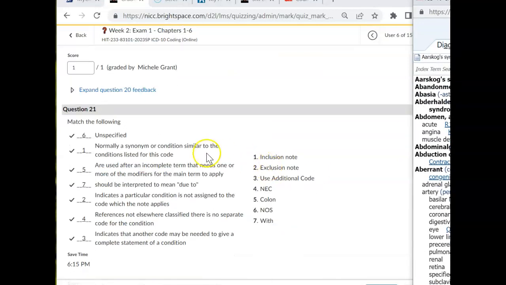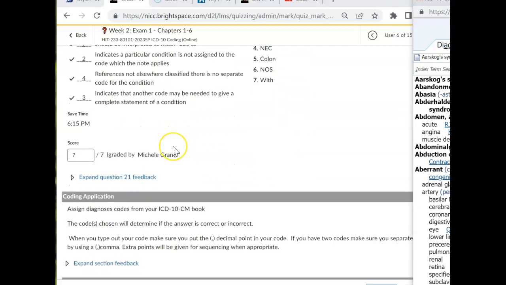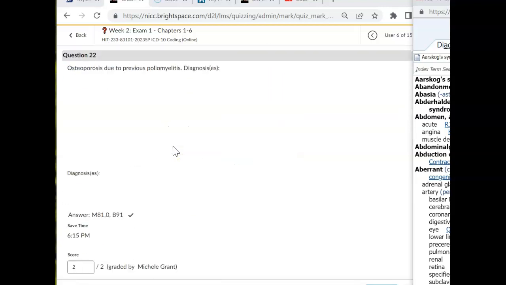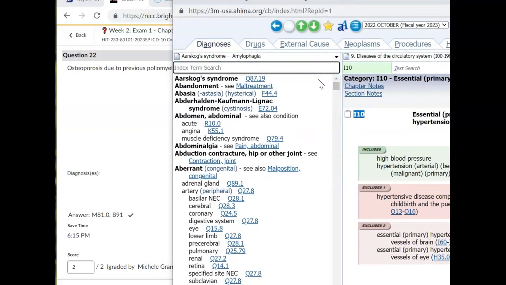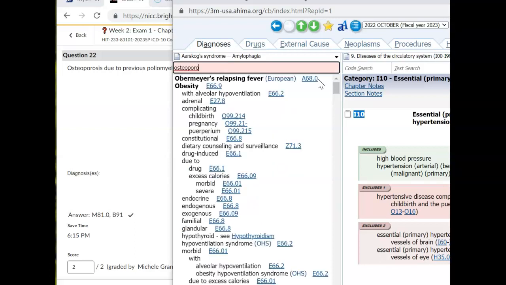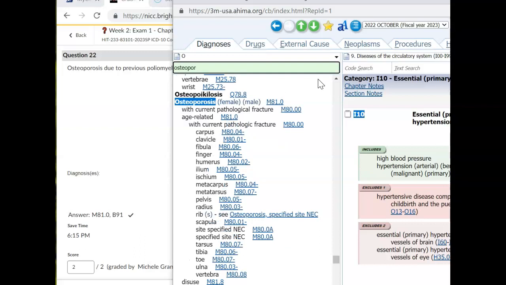All right. The matching, the match the following, everyone did well on those. Let's get into the meat of it here. Osteoporosis due to previous poliomyelitis. All right, so if I went to osteo, and again, you're looking these up in your code book. So I have osteoporosis due to previous